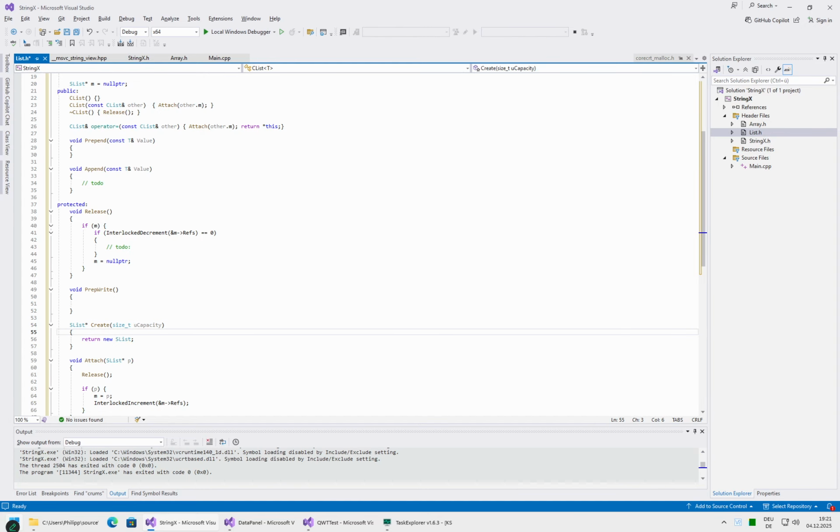It will first check if there is no m, so if no m, then m equals create. We don't have the capacity here. I mean, in principle, we could just drop the whole create function and just do it directly, since it's a one-liner. And else,